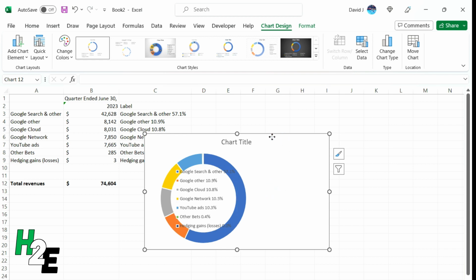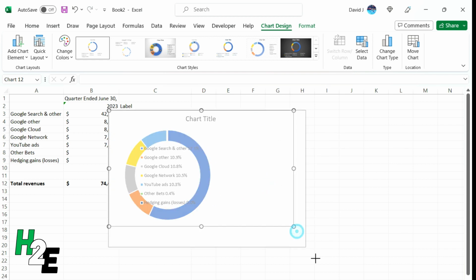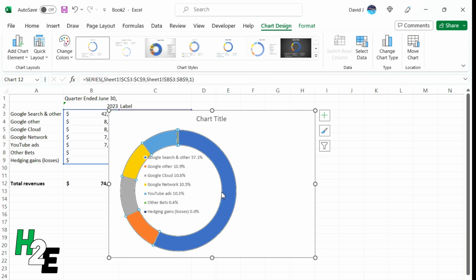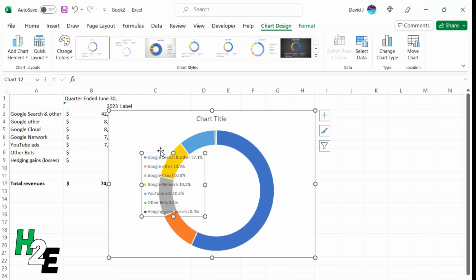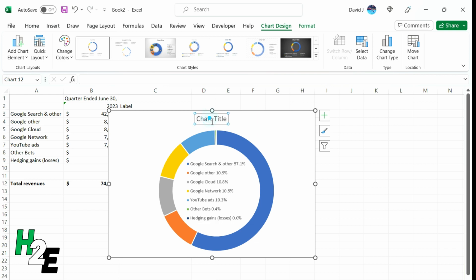And so obviously I can play around with this and stretch this out to make this look a bit different. Let's say center this. But the main idea is, now I've got my labels in here. Get rid of this title. And,